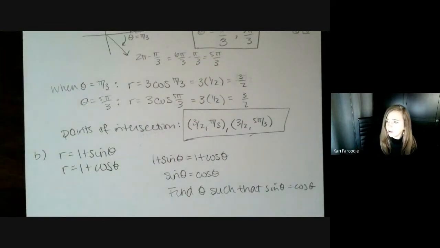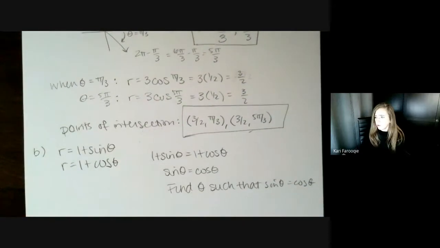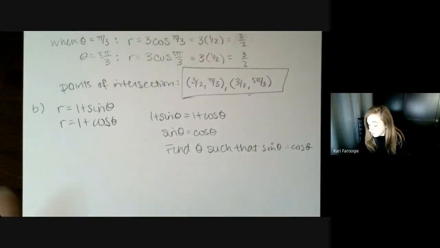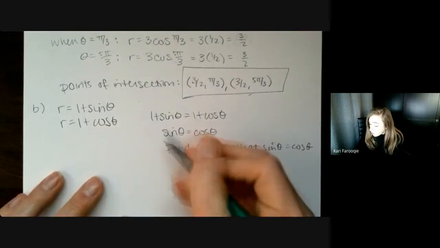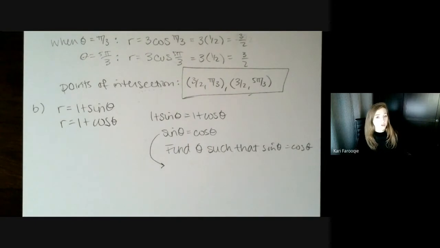If you had Calc 1 with me, you probably saw this equation every now and then because I think it pops up when you're looking for critical numbers. But what we're looking for is theta such that this is true. If you think about values for which sine and cosine are the same, you should be thinking about pi over 4. Because you know that at pi over 4, the value of the sine and the value of the cosine are both going to be 1 over root 2, or if you rationalize, root 2 over 2.